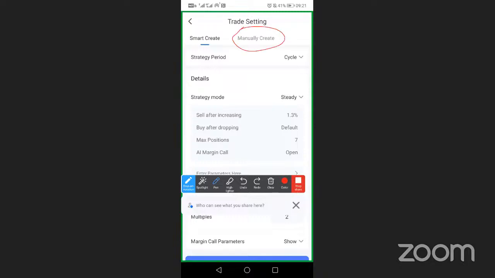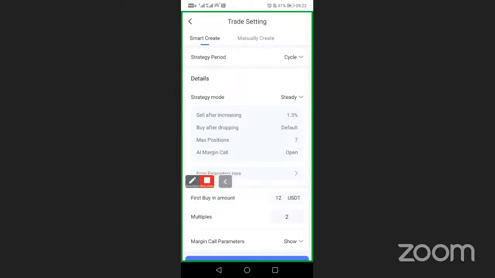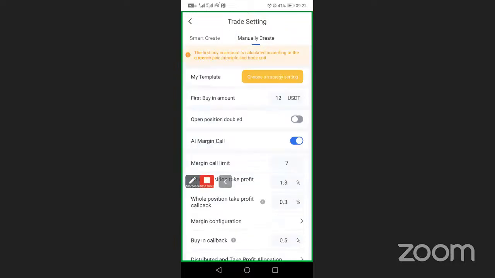I'm not going to use the smart create which comes with the robot. I want to create mine manually. So I'm going to tap on the manual create, then here comes this page where I am able to edit and input what I see fit according to my capital.